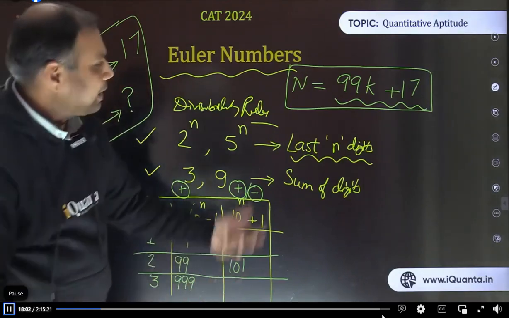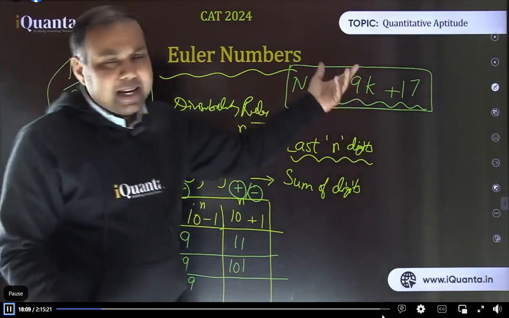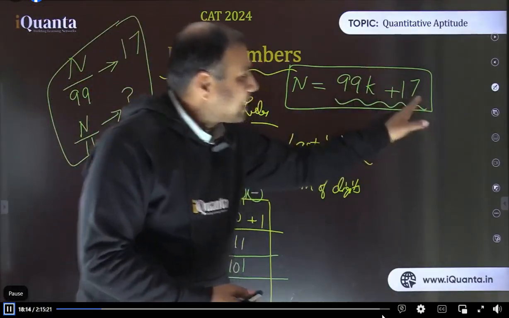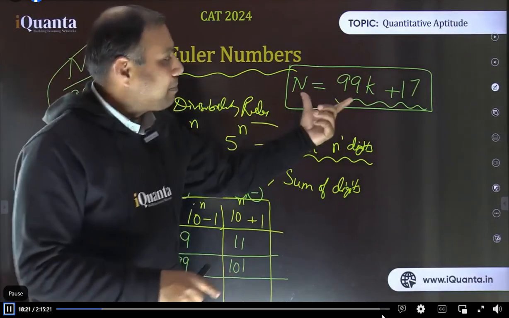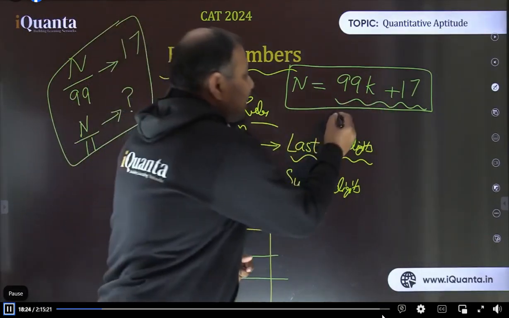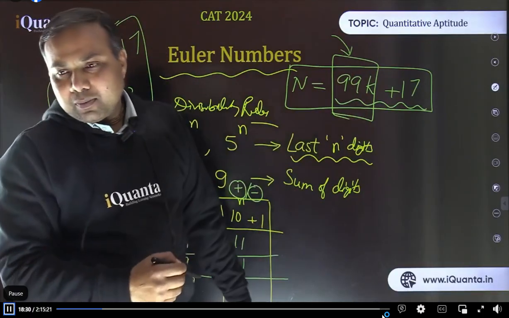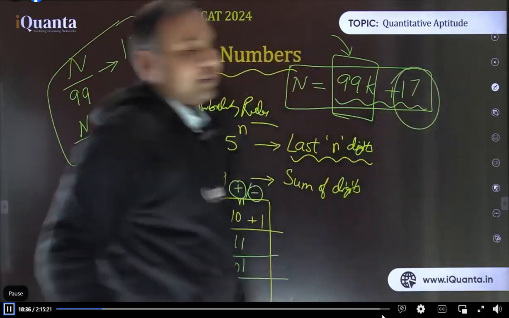Rakesh is asking what k is. We don't know what k is, it's not given. This much only was given in the question. So k can be any natural number, any integer. Why bother about that? Other than 17, whatever part is there is divisible by 99. Now the question says, what will be the remainder when this same number is divided by 11? See, now this 99k is divisible by 11, isn't it? This is a multiple of 11, whatever k is. It does not depend on the value of k. So how to find the remainder? I just need to look at this number 17, which you can easily do.